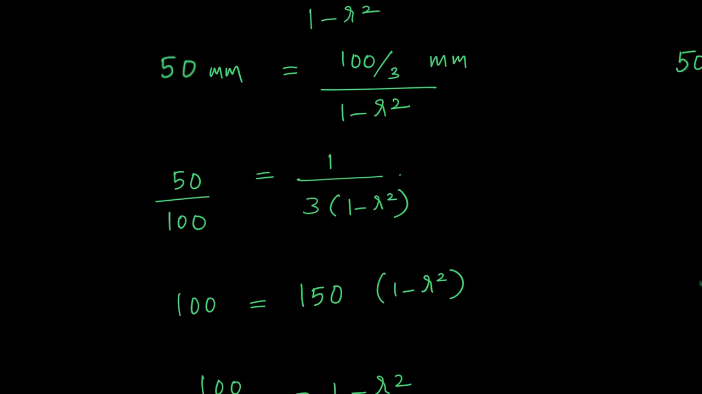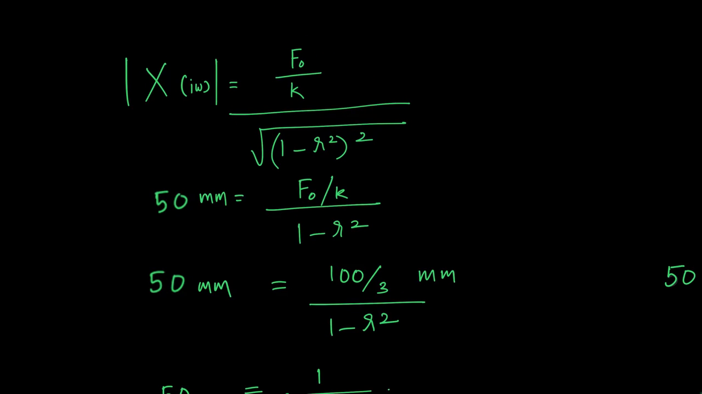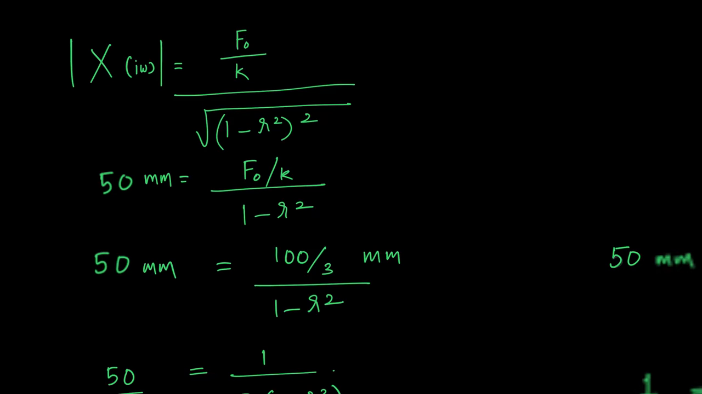Where we went wrong is right here. See this particular expression over here. This expression should be viewed with extreme care, because there is a square term over here. So there are two possibilities. Once you substitute all these things, 50 equal to 100 by 3 divided by 1 minus r square is one particular possibility. This is a fourth order equation and it has multiple roots. This is one possibility, and the other possibility is like this,